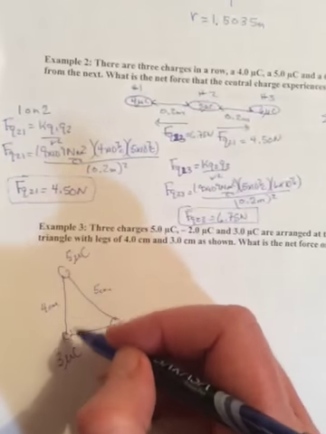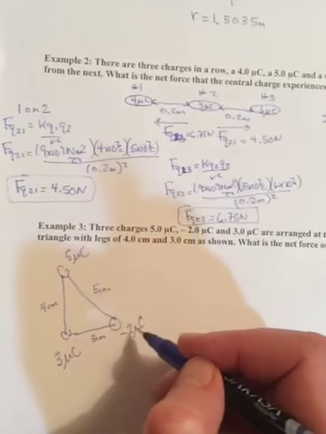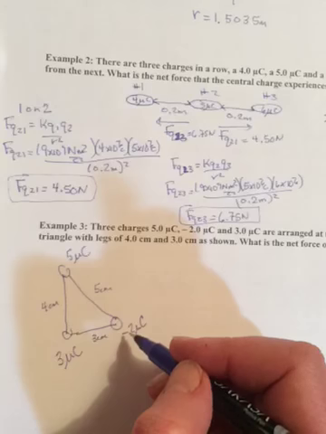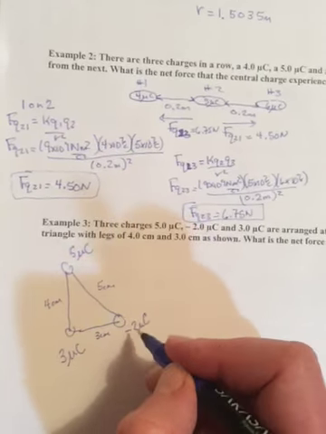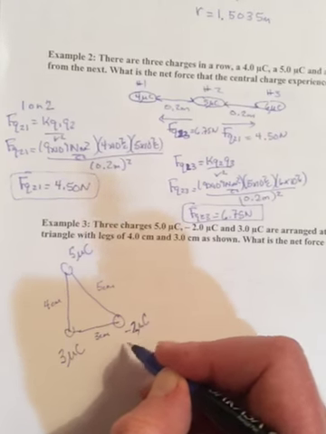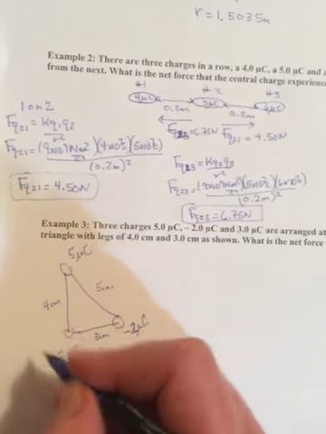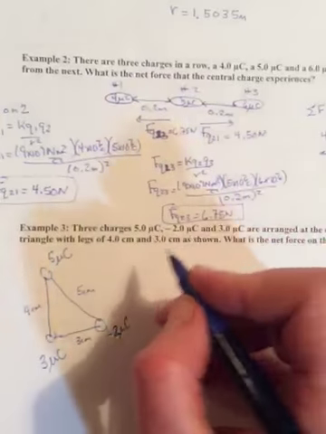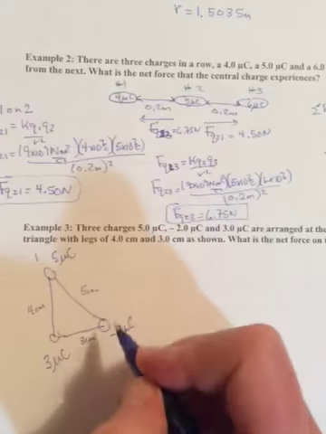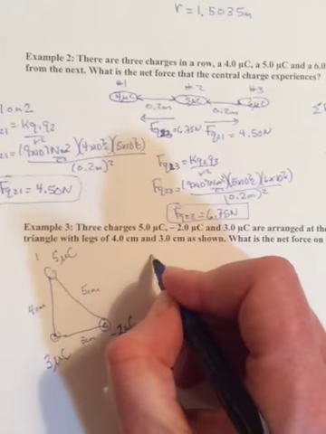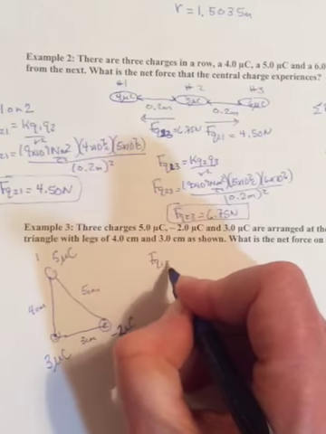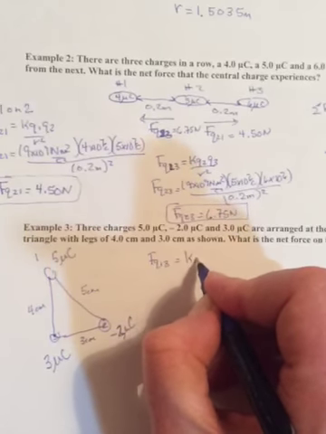So the 5 microcoulomb charge is going to put a force on the 3, and the negative 3 microcoulomb charge, no, negative 2, sorry, it's a 2. Negative 2 microcoulomb charge is going to put a force on the 3. So first we have to find those two. So if we call this one number 1, this one number 2, and this one number 3, then FQ13 is going to equal